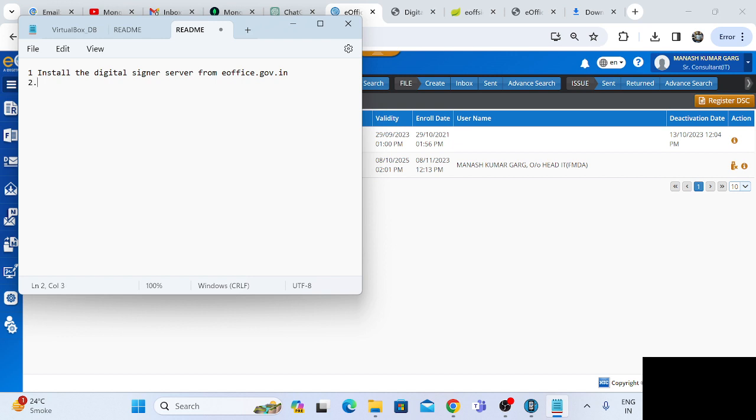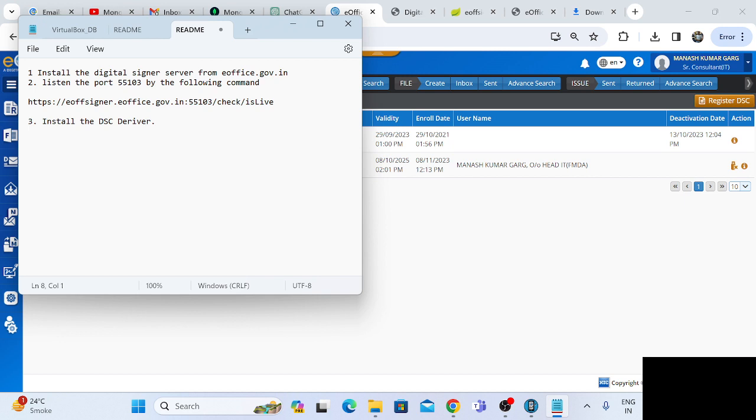After that, listen on the port 55103 by the following command. This one. After that, install the DSC driver. This one is the complete process of how we can integrate the certificate in our eOffice account.